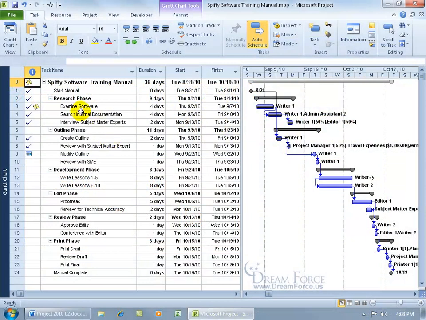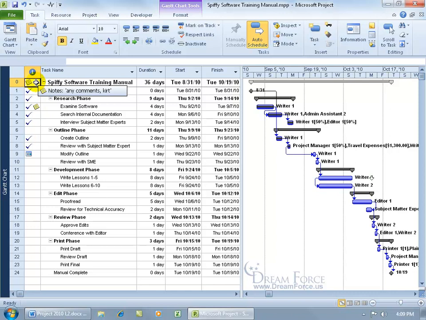To add a hyperlink to one of your tasks, for example, if you've got a document that you want to quickly reference for that task, like deliverables that you need to send off, or when somebody calls in and says, hey, this document that you gave me, what's this about? Well, instead of searching through your files, if you have it linked to your task, you can just go ahead and open up that link that you have tied to your, well, in this case, let's put it in our